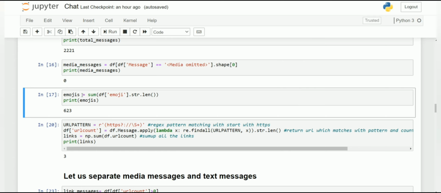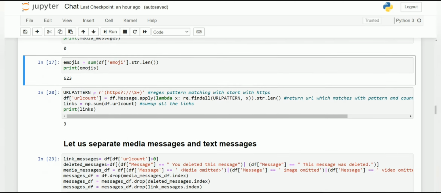In the emojis variable, all the emojis which have been used in our group chat will be counted. Here a total of 623 emojis have been used in our group chat. Next, in URL pattern, the number of URLs that have been used in our group chat will be counted. 3 URLs have been sent in our group chat.